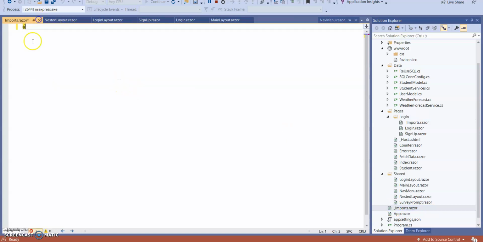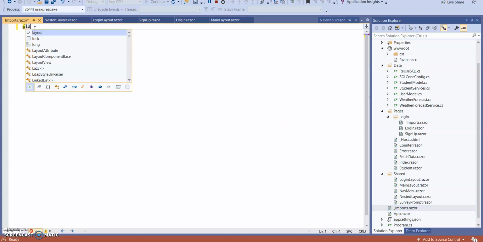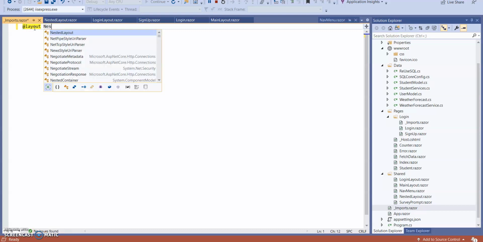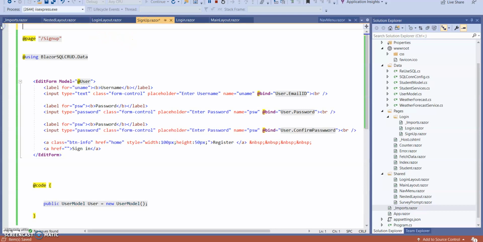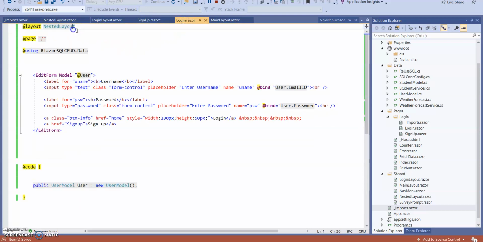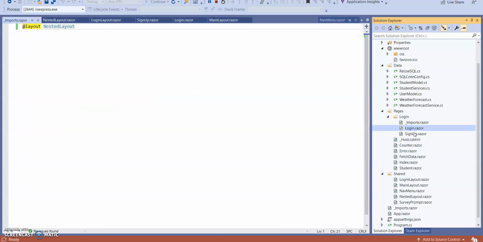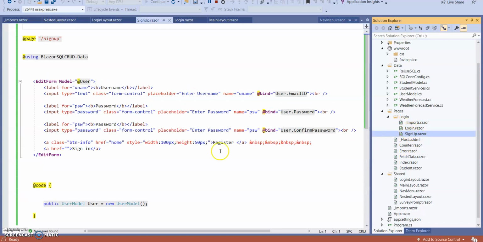Here I am going to add layout, nested layout. I'm going to remove this now from sign up page and login page. So inside of login folder I'm keeping the imports razor, login and this one. So any other razor page I'm going to keep inside the login folder, no need to declare the layout.